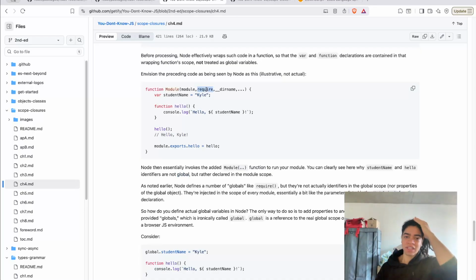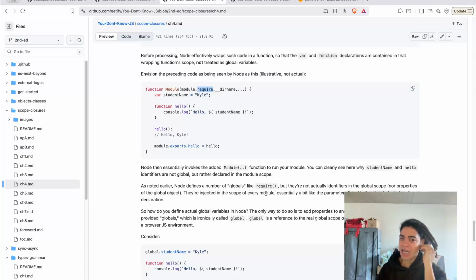So you can think that they are injected in the scope of every module. So essentially, every time that Node loads a JavaScript file, it loads that as a module, whether it is CommonJS or an ES6 module, and then injects these global variables.